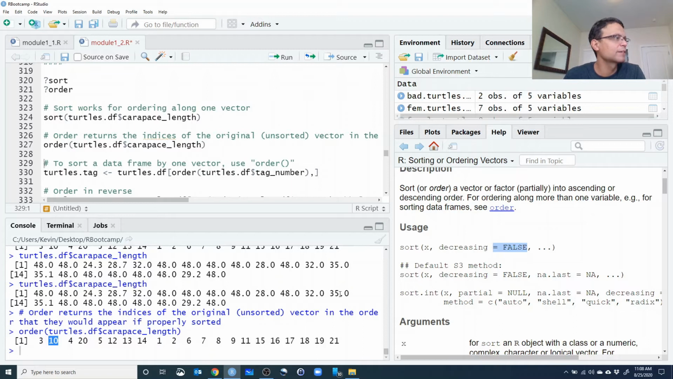So 28 should be the next. That's the 10th element, and so on and so forth. So order gives the indices of the correctly ordered vector. It's slightly different than sort, and it's very, very useful. In fact, it's more useful than sort for almost all the operations that you're going to do in R